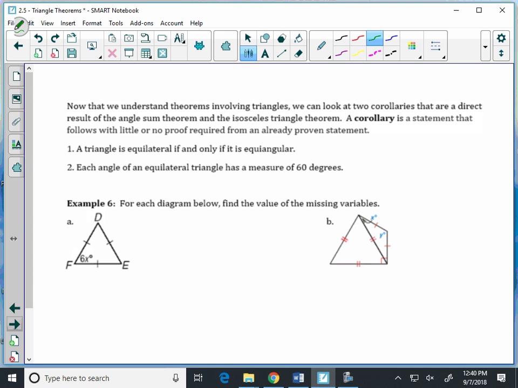And the first one is what we talked about before, Unit 1. A triangle is equilateral if and only if it's also equiangular. Vice versa. If it's equilateral, it's automatically equiangular. If it's equiangular, it's automatically equilateral. Okay? Meaning, what does equilateral mean? All the sides are the same. Equiangular means